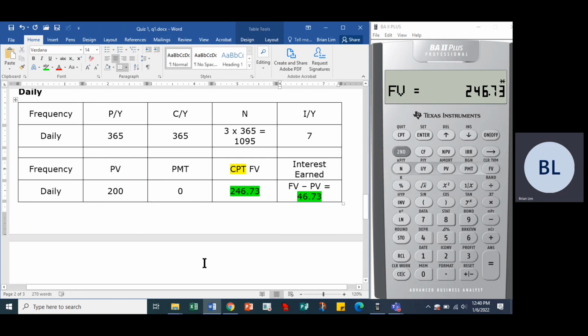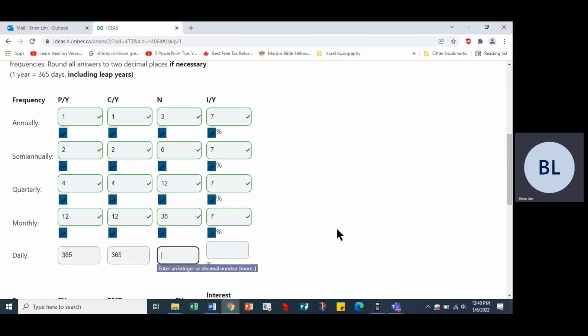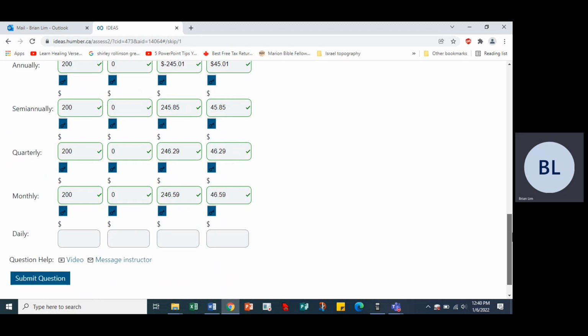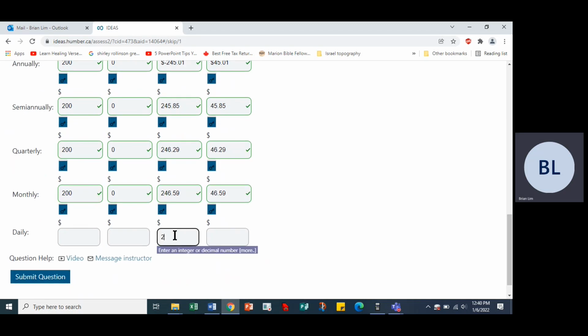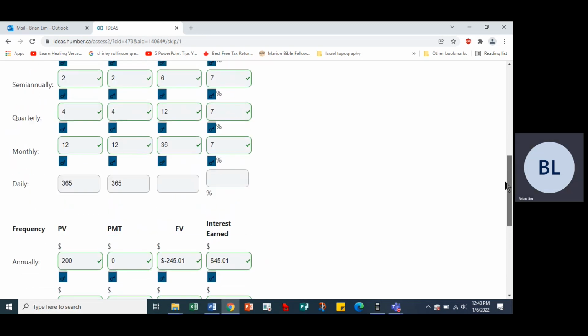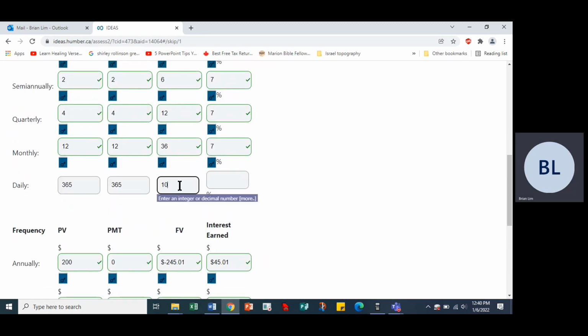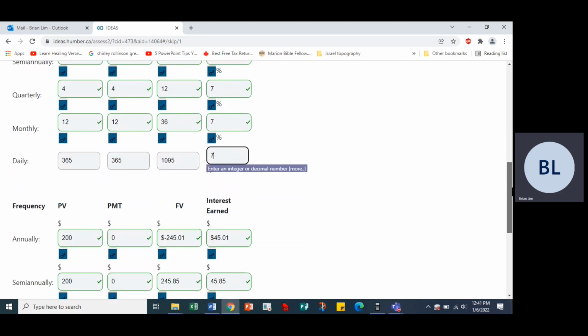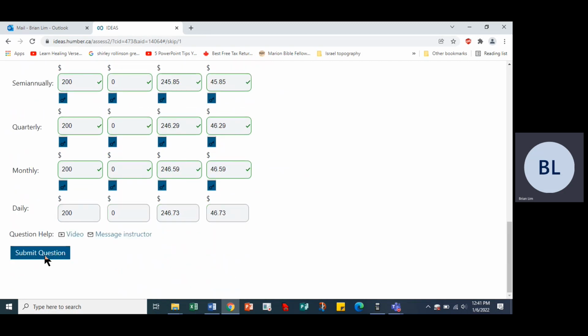All right, so let's put those numbers in. 246.73. So let's put the answers in here. 246.73, and then this is 46.73. All right, we can enter these. The present value is 200, payment is 0, and we had a couple of numbers to enter in here, 1095 for N and 7 for IY, the interest. All right, that having been done, we submit it,